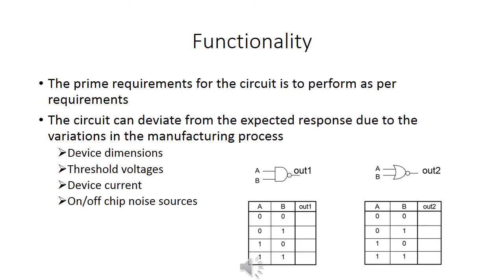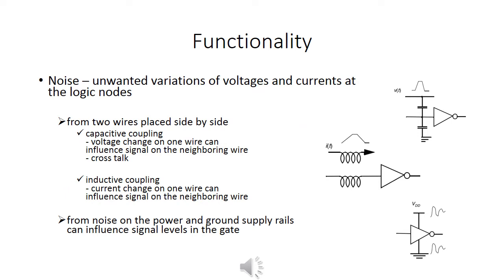The other major factor that can contribute to the variations in the actual response is the on and off chip noise sources. As we know, noise margin is a very good metric to measure the robustness of a circuit against any noise, but it is not a sufficient one, as it expresses the capability of a circuit to overpower a noise,